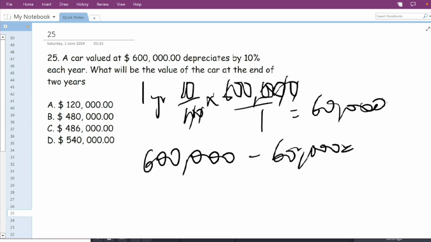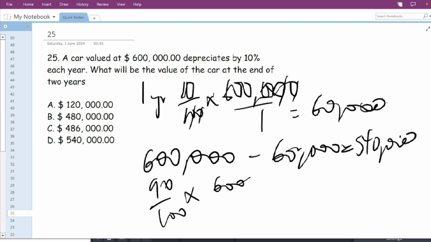That gives us 540,000 for the first year. And taking 10% off this amount means we're left with 90%. Rather than do this process and subtracting, why not find for the first year 90% of 600,000? 0 cancels 0, 0 cancels 0. We'll be left with 6,000 times 90, which gives us